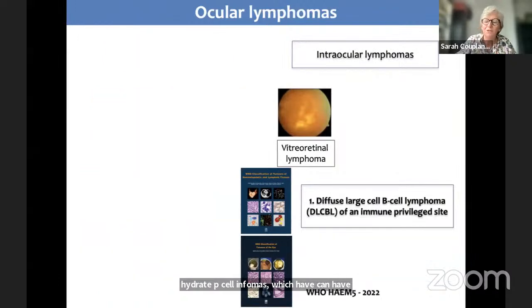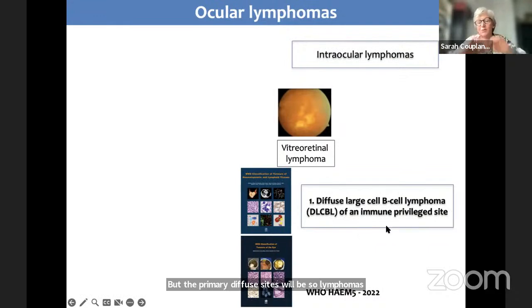When it comes to the new WHO lymphoma classification, these vitreoretinal lymphomas are still considered to be diffuse large cell B-cell lymphomas, as the vast majority of them are. But it should be kept in mind that there can also be primary T-cell lymphomas occurring in the eye. But the primary diffuse large cell B-cell lymphomas